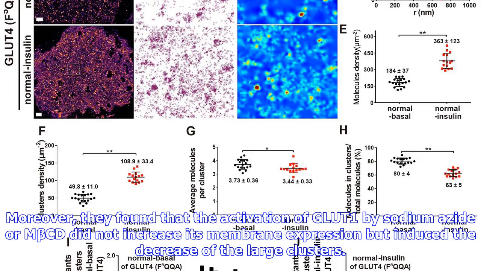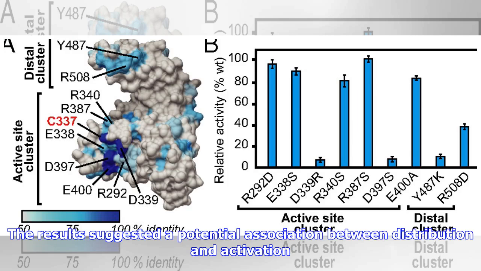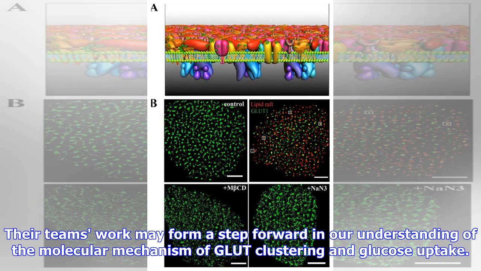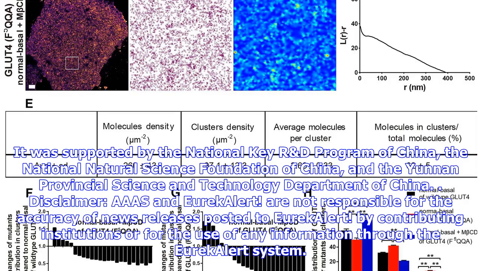Moreover, they found that the activation of GLUT1 by sodium azide or MβCD did not increase its membrane expression but induced the decrease of the large clusters. The results suggested a potential association between distribution and activation. Their team's work may form a step forward in our understanding of the molecular mechanism of GLUT clustering and glucose uptake. It was supported by the National KR